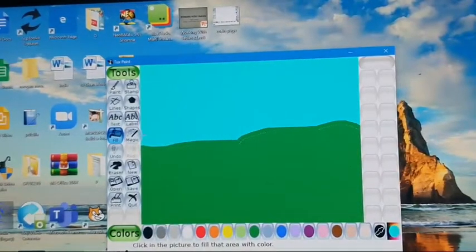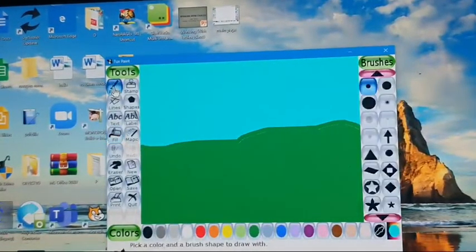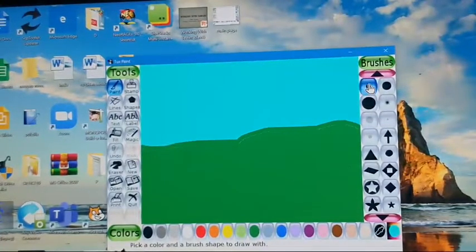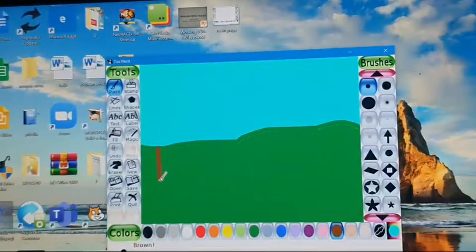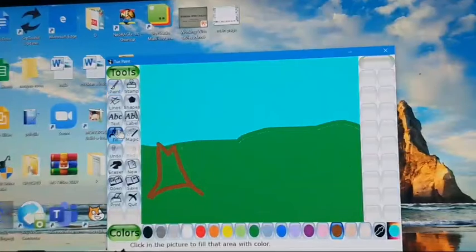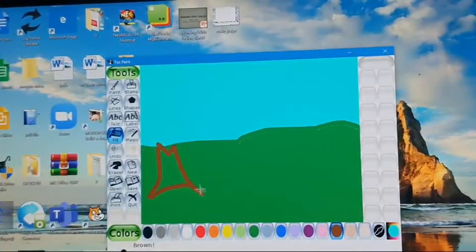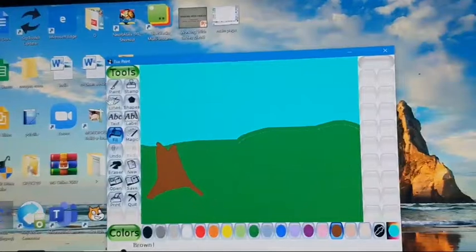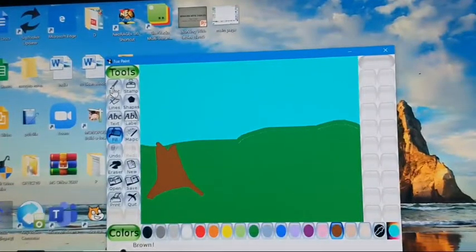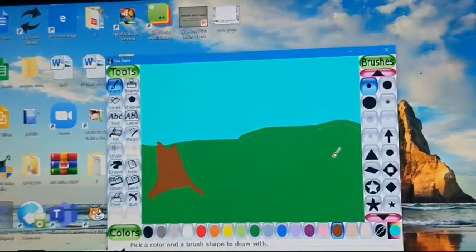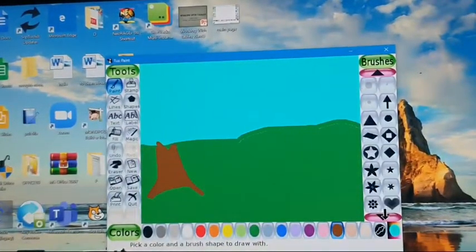Okay, now we have to draw a tree. For tree also select paintbrush, size and brown color. Fill brown color. Okay, now to make leaves, again I am going to select paintbrush. In paintbrush you can see many options.